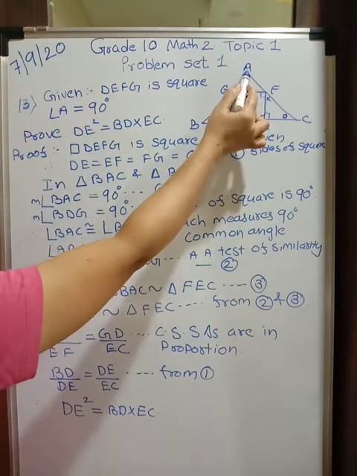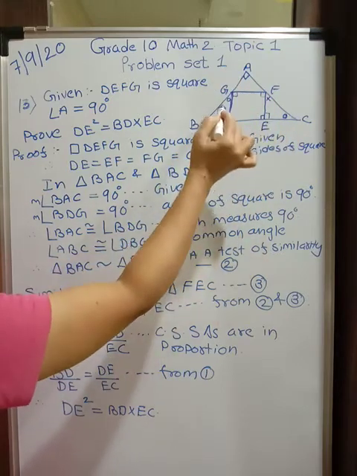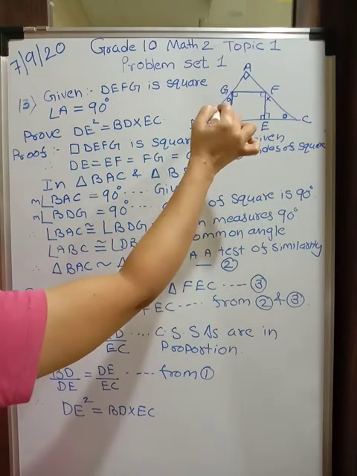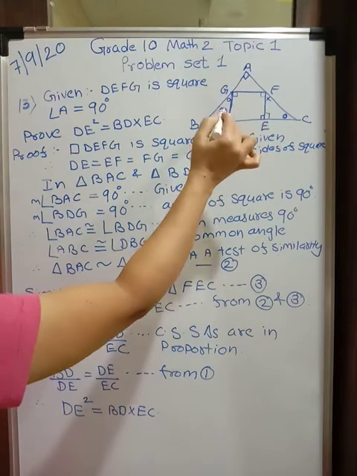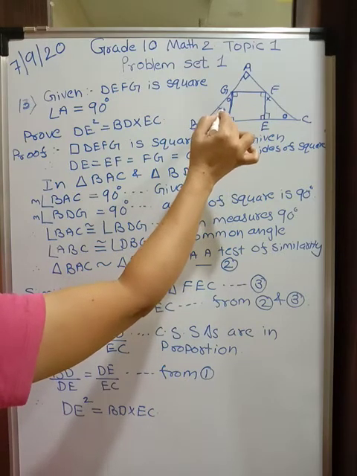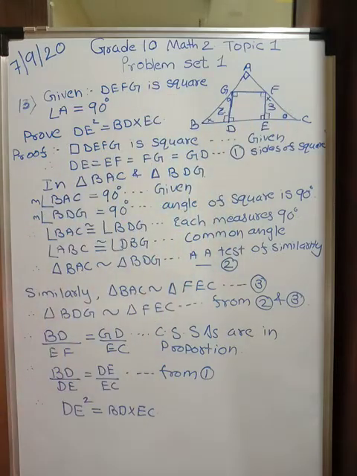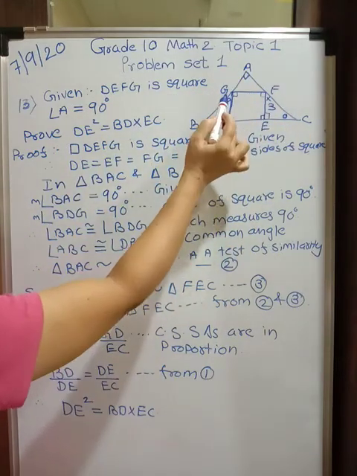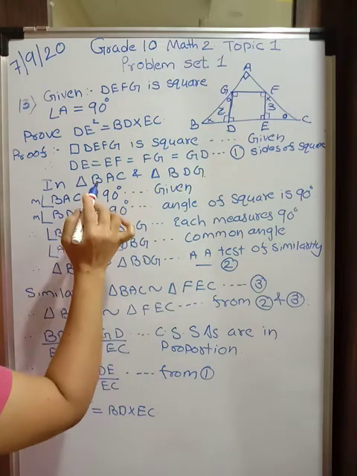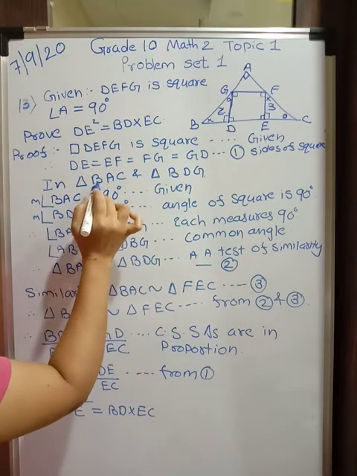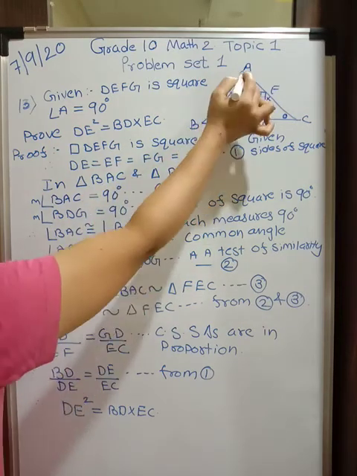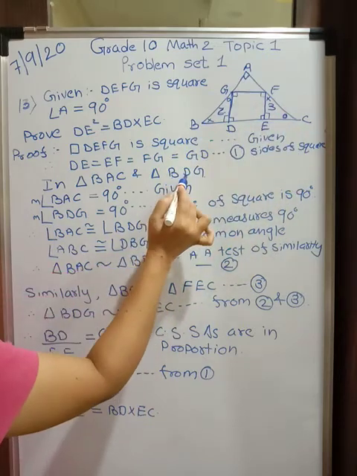Consider first triangle ABC, the bigger triangle, and this is triangle number 1, or 2. This one is ABC, one triangle, this is two triangle, and this is third triangle. So these three triangles we are going to correlate. Now ABC, and look at this triangle first. BAC and BDG.